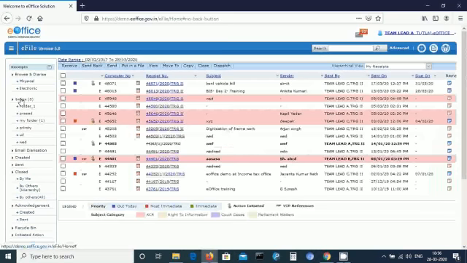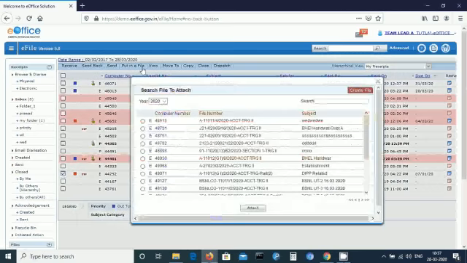To put the generated receipt into a concerned file, click the Put in a File tab. Let me select the receipt that we want to put in a file. Click on the Put in a File tab. You can see on the screen that the files which were created by the user previously are shown. Now if you want to put the receipt in a previously created file, then you have to select that file and click on the attach option.